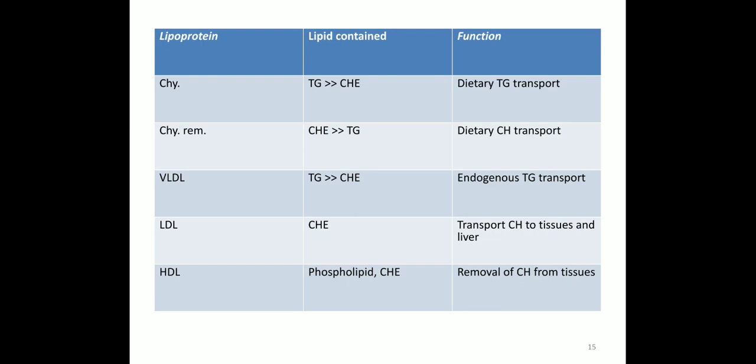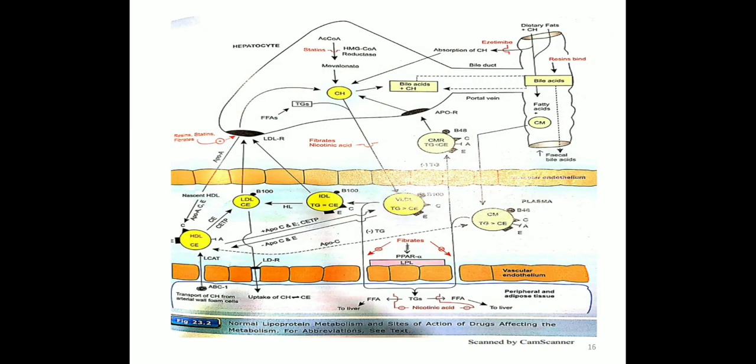So this is the basic information: the target lipoprotein and lipid for which we are going to use the hypolipidemic drugs. The imbalance in these lipoproteins and lipids is called dyslipidemia. So ultimately we are going to treat this dyslipidemia. We have to decrease the VLDL, LDL, cholesterol, triglyceride, and we have to increase HDL. This is the aim of our treatment. Okay. This is the brief diagram.